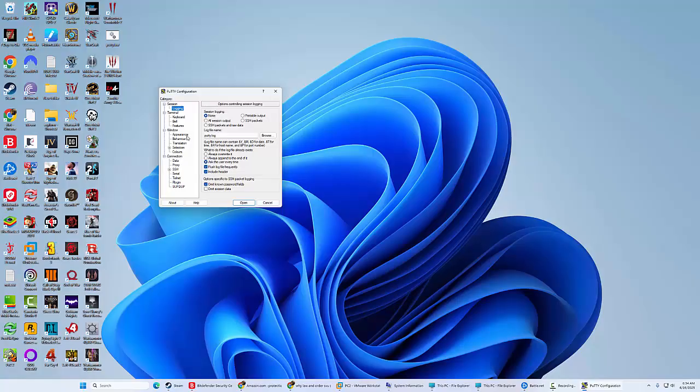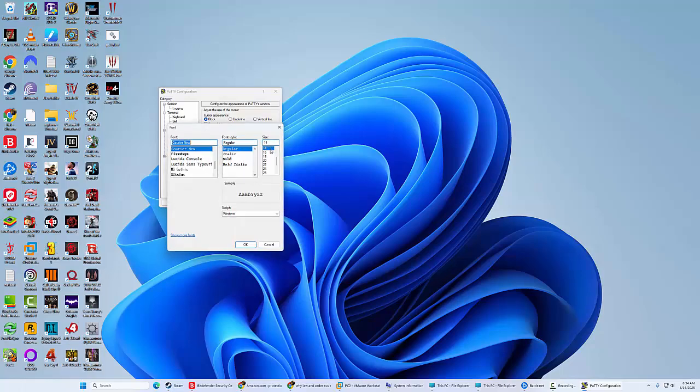Second thing we're going to worry about is our appearance. And right here are our font settings. This allows you to change your font, whatever font you want to use, and the size of your text. I use 14 because it's the biggest text size. If I use 16, it's big enough that it'll start overlapping your text down to the next line, and I don't want that. I want to be able to see the entire output the way it's supposed to look on the terminal without it going to the next line. So I like 14 as the size, and that's as big as I can get.